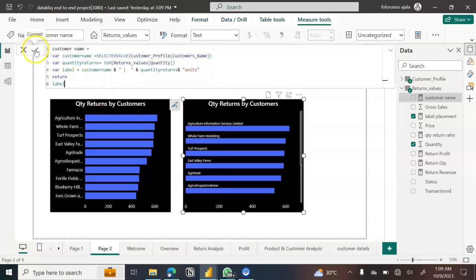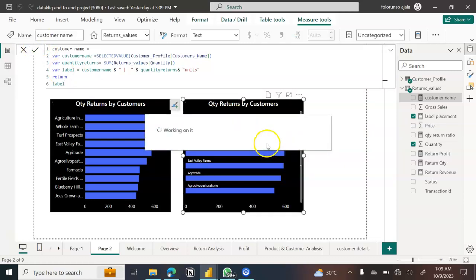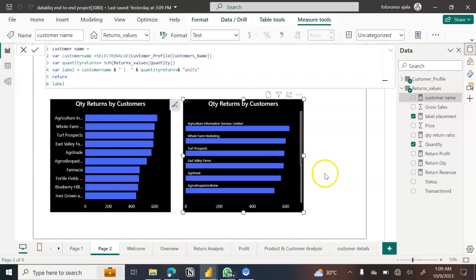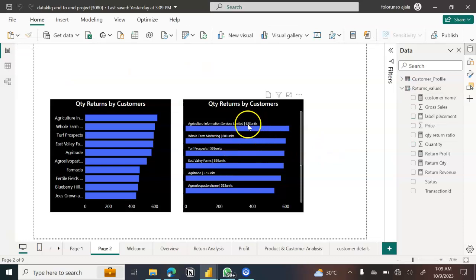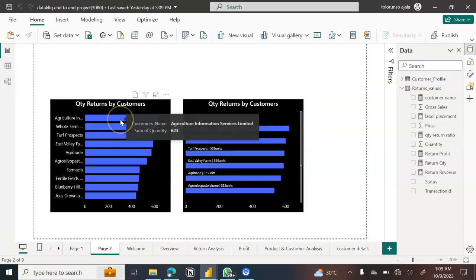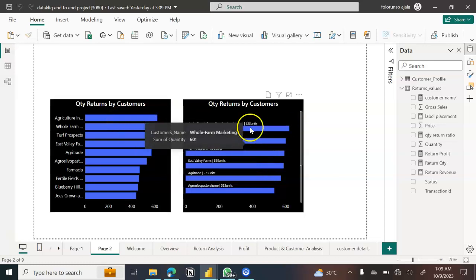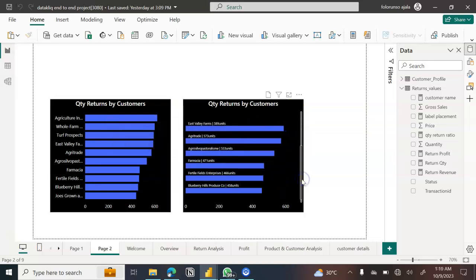So let's see what this is going to do now, what we are going to achieve with this. You can see now that we have the value. You can see 623. That is the unit. If you click here as well, you can see 623. You can still format this thing. You can do a lot of formatting that is going to make them more unique, and you can put some additional icons and a lot of things in your formatting as well. But this is